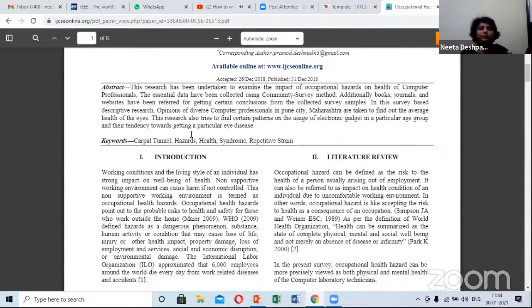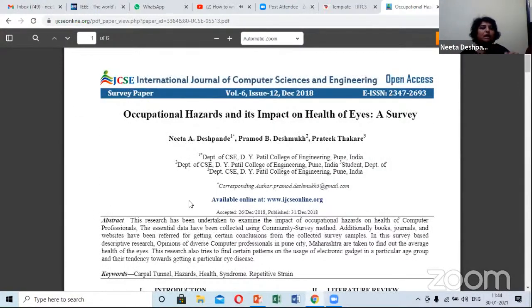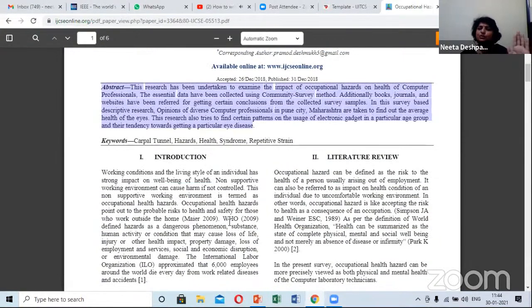Now in the survey paper what we did is, as I told you, their template only gave us 100 words or so, saying that within this you have to write your abstract. So in that template we have put forth our abstract and we included the keywords as well. So wherever carpal tunnel comes, or the health hazard word, or the eye syndromes, then our paper will go into search. Okay, so we wrote the abstract, then we wrote the keywords.